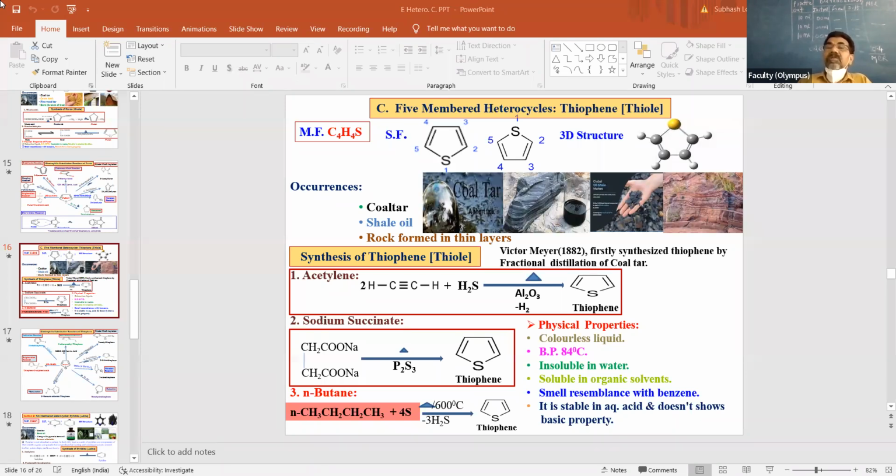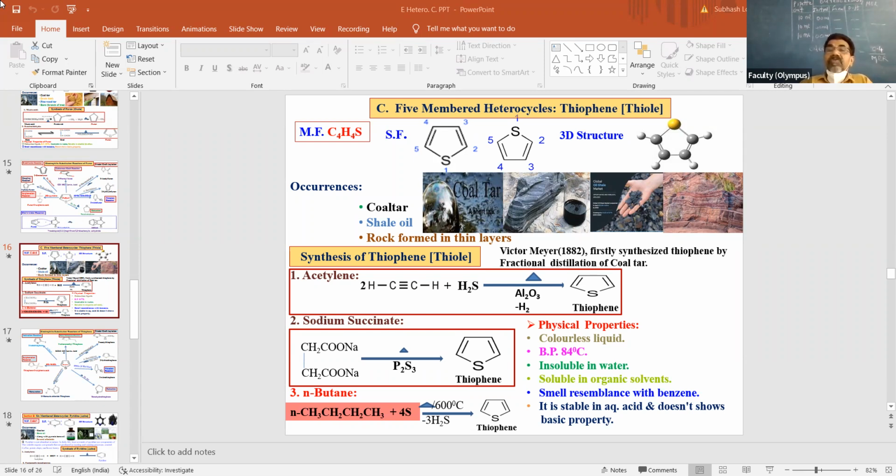We also showed the 3D structure, which we already saw on the screen of our laptop. In the screen, the yellow ball is represented as the sulfur atom, whereas the 4 brown balls represent carbon atoms, and there are 2 double bonds and 4 white balls attached to the carbons, which represent hydrogen. So that is the 3D structure we already showed on the screen.